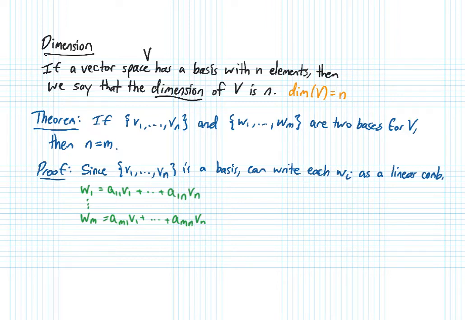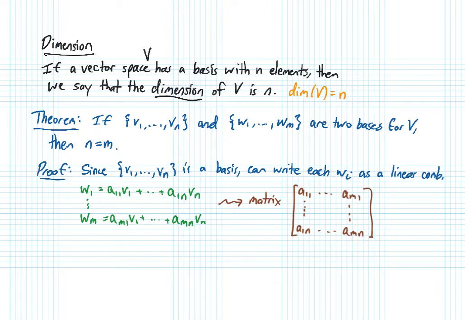And now you'll notice, if you look at these equations, there's a little array of coefficients that appears there. And so we'll actually write down a matrix where every column of the matrix consists of the coefficients that appear in each of the equations that we just wrote down. There's a sense in which this is the matrix that changes basis from the V basis to the W basis, but we'll talk about that later. For now, the key thing to remember is that each column of this matrix represents the W vectors in terms